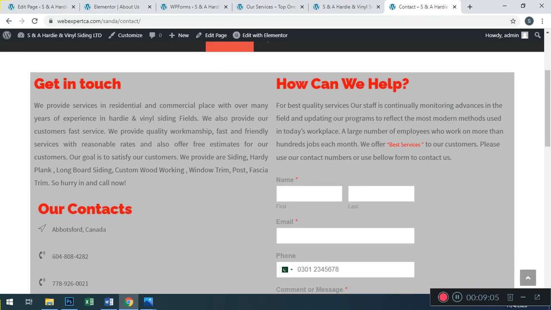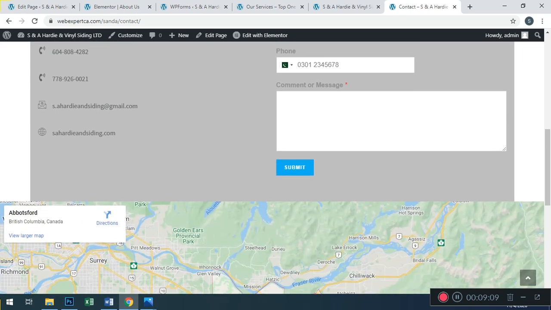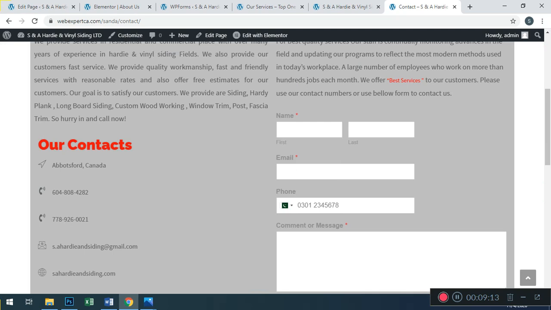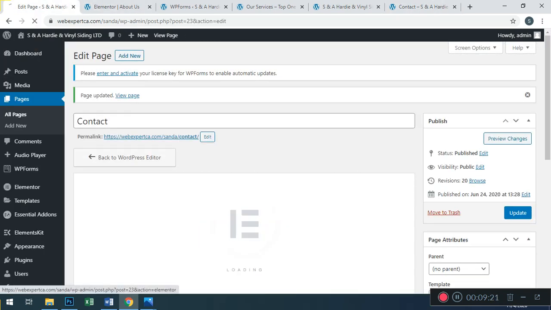Done successfully. This is our contact form. Done. But why does this area show a blue background color? Let's try to manage this.